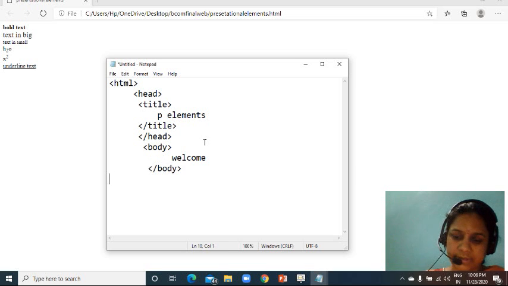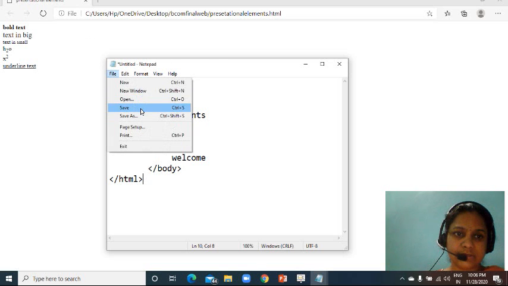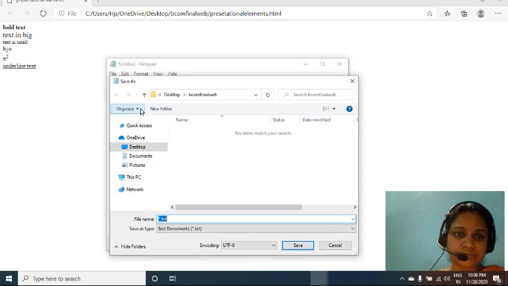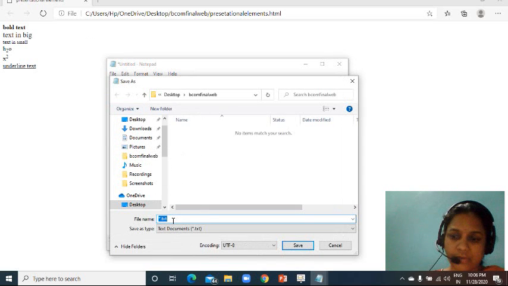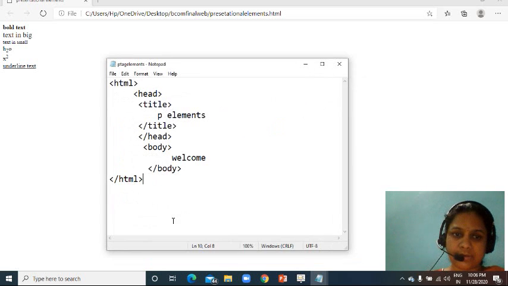Then I am ending the slash html. Then I am saving the file. File save. How am I saving it here? P tag elements dot html. Okay, I am saving it.